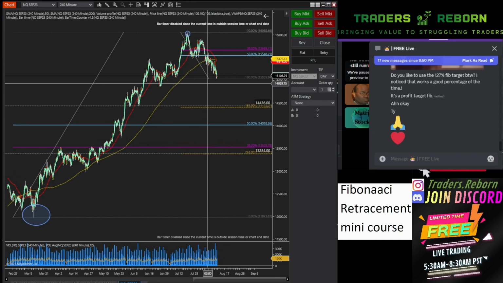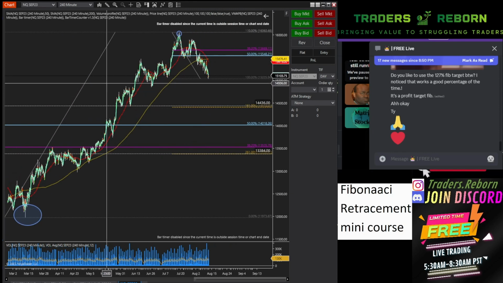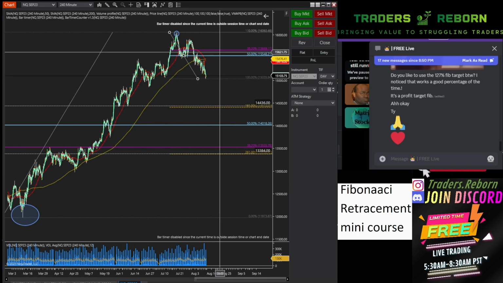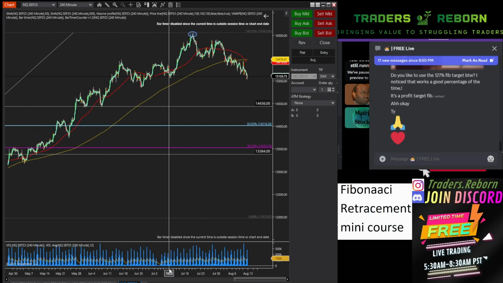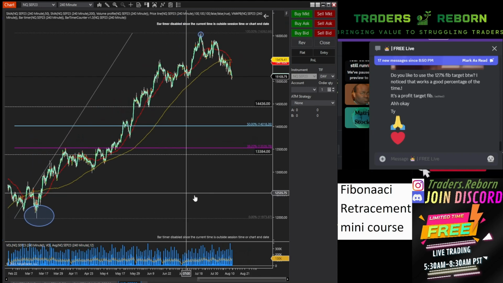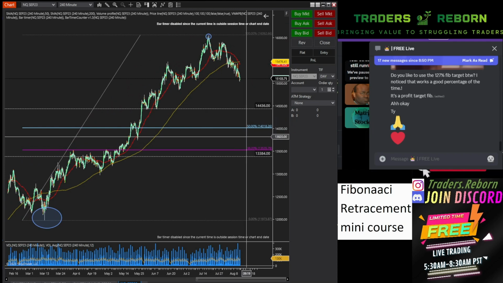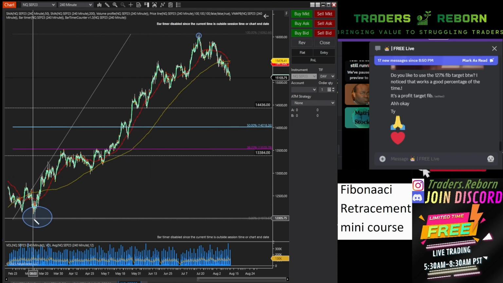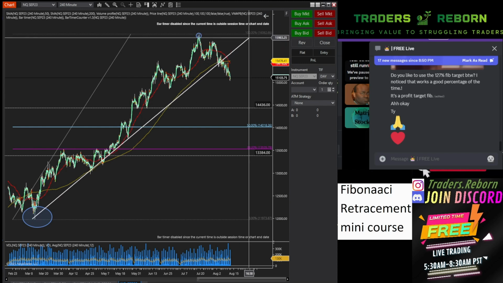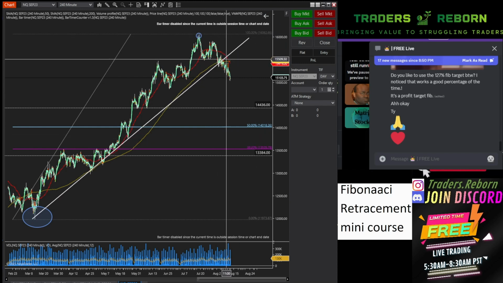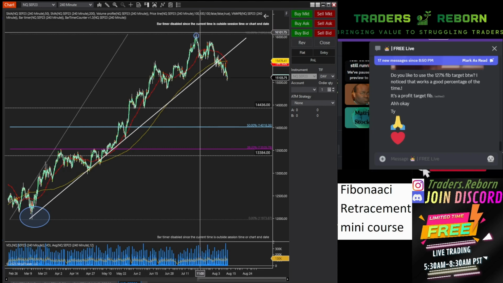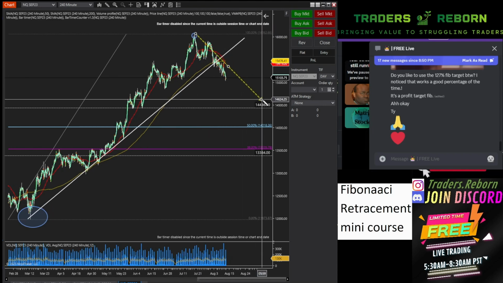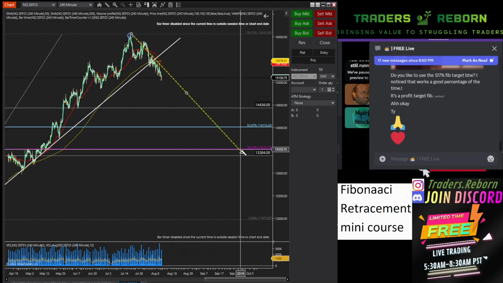But for the downside, let's delete this one now, or even if you can also keep it. Here, let me just delete it. So now you're gonna look at how far price can retrace, right? So this is saying that on the 4-hour time frame here, price can still go all the way. So right now it's bullish, right? There's an uptrend. Look at this uptrend, right? So it did break structure here. So right now, what it's saying is that technically price right now is still bullish, even though on the shorter time frame it's going down. It's going down, right? But this is how far it can go down right here